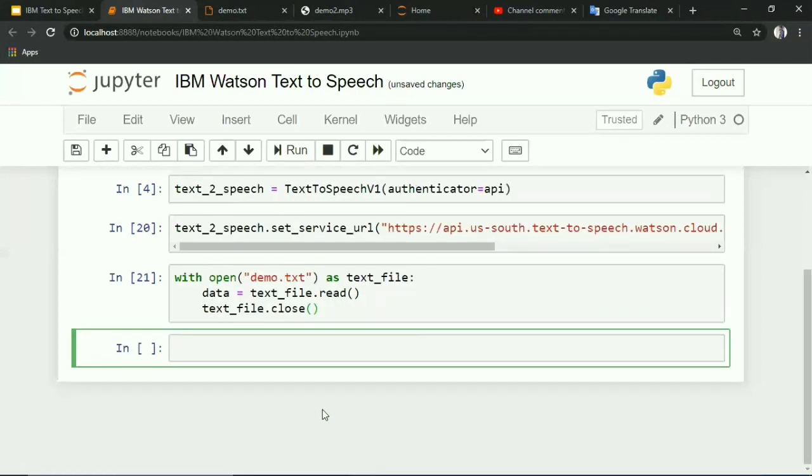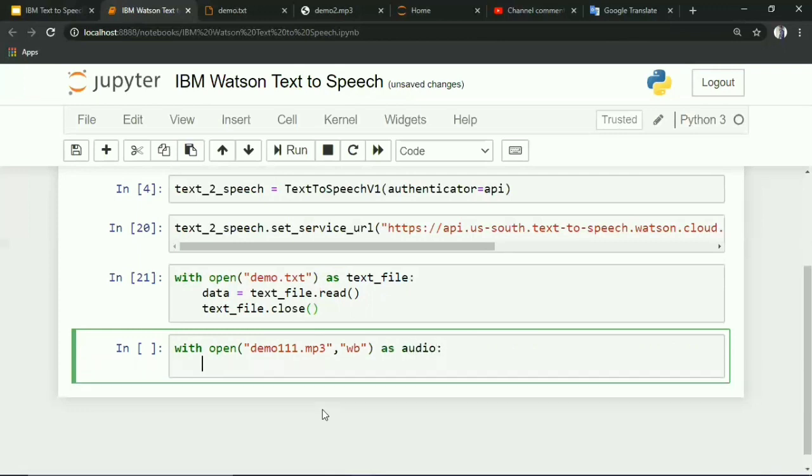Now we are going to pass this data to IBM Watson text-to-speech servers. To do that, I'm going to write a audio file with open name of the audio file or location of the audio file in write mode. Now I'm going to write the audio file with IBM Watson text-to-speech servers.